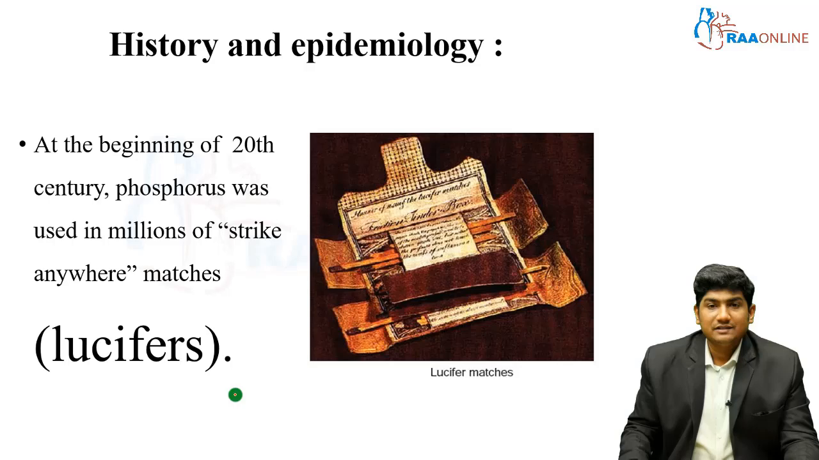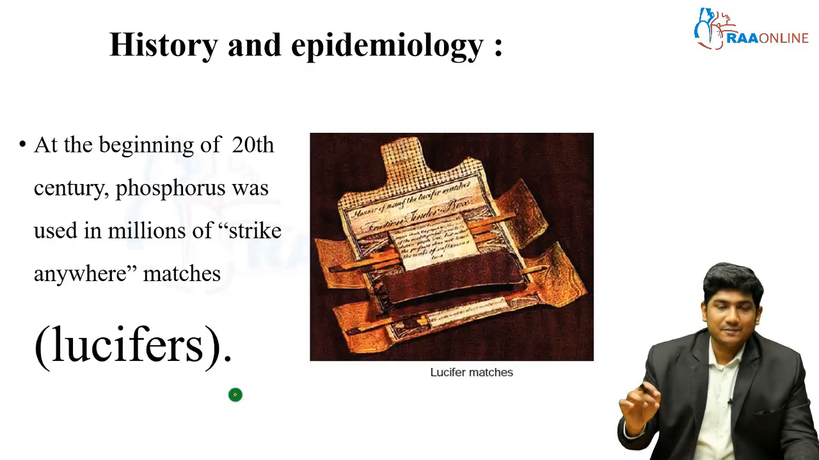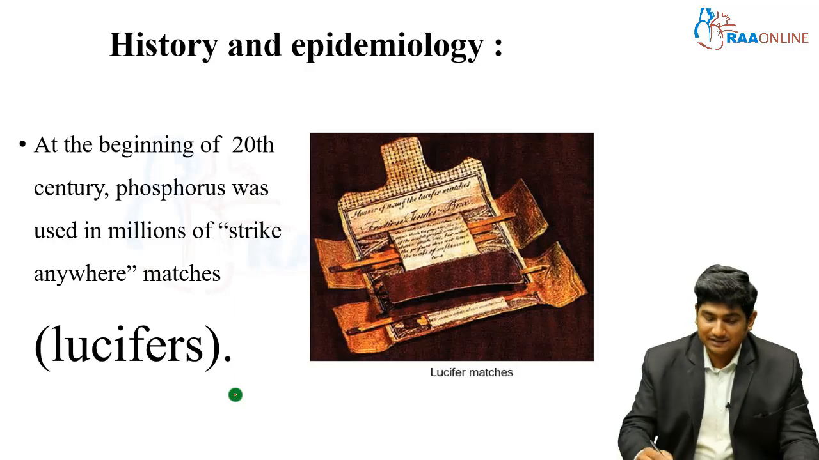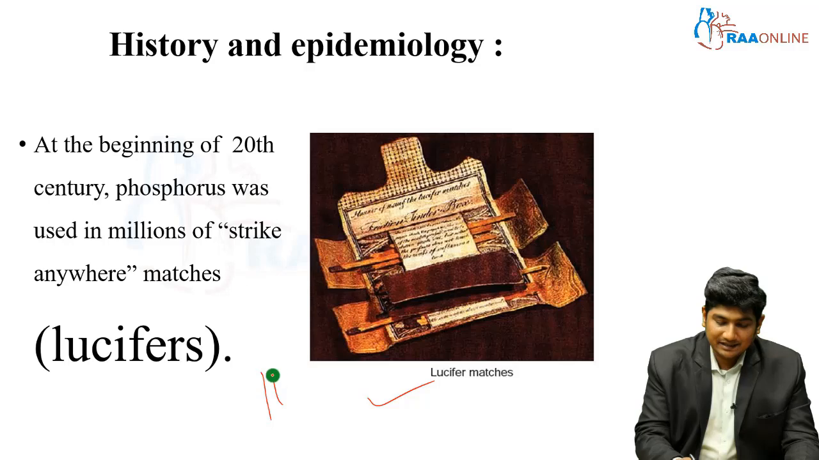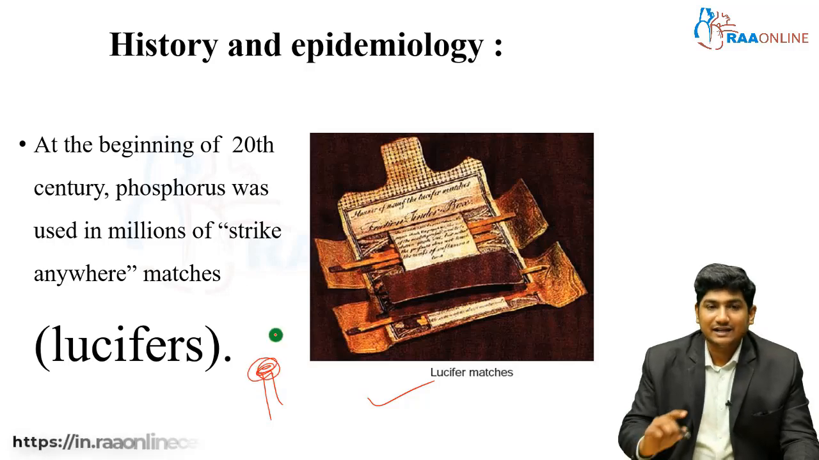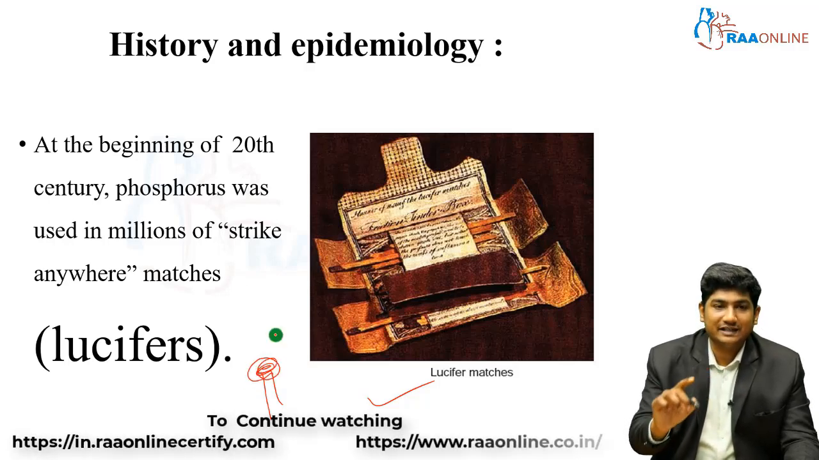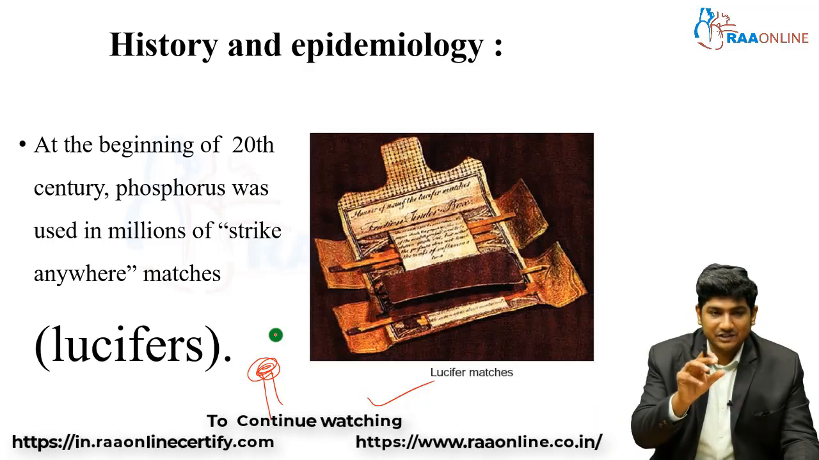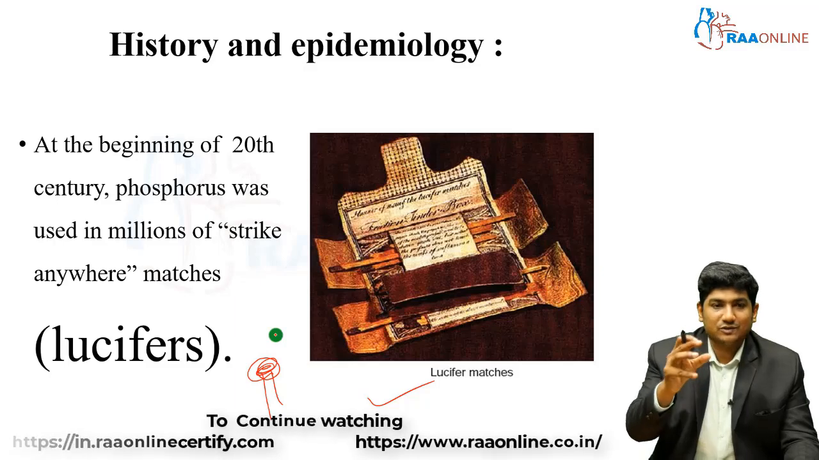So, history and epidemiology. At the beginning of the 20th century, phosphorus was used in millions of strike-anywhere matches. Even in movies, you would have seen this, right? They take a stick and light it anywhere, they strike it anywhere. That's called Lucifer matches. Basically, the head contained phosphorus, white phosphorus coated with a minimal layer. When you scratch, the outer layer is breached, so the white phosphorus is put out in the air, it starts